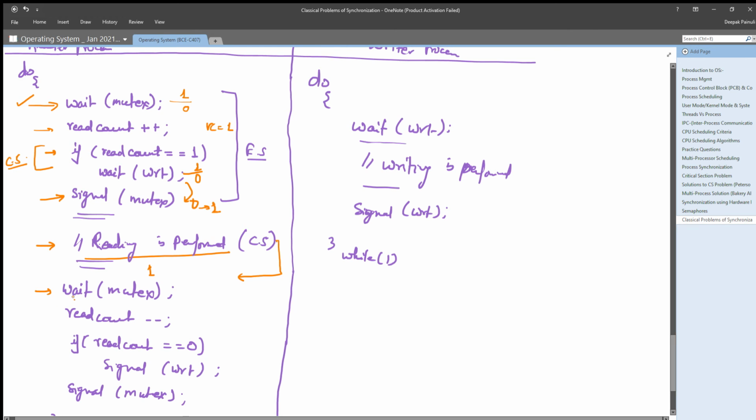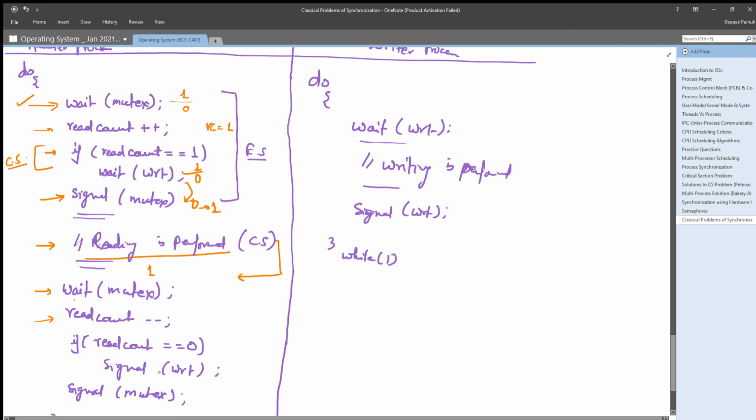Okay, now after performing the wait operation on mutex, it will decrement its read count, right? What it means, simply it is declaring that it is no more a reader process now, right? And after that, it will check if the read count equals 0. If the read count is 0, what to do?